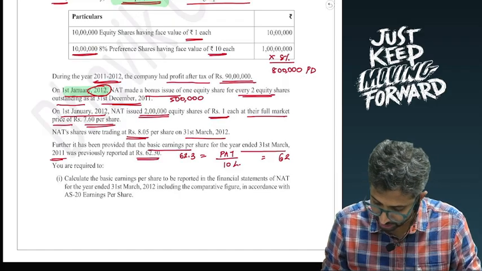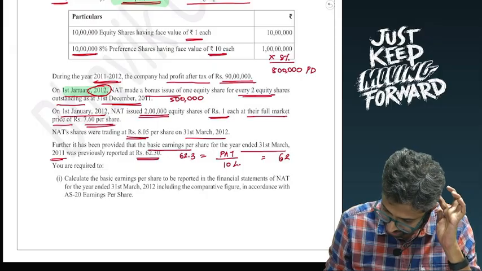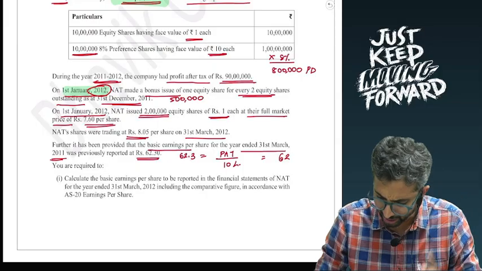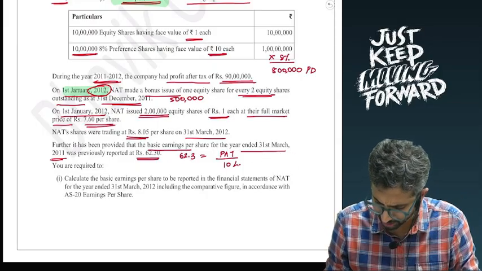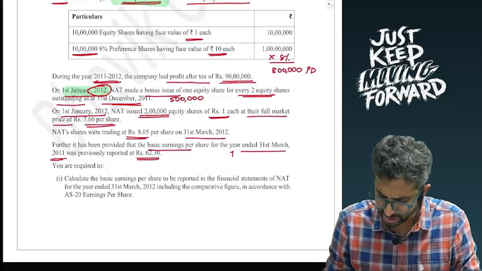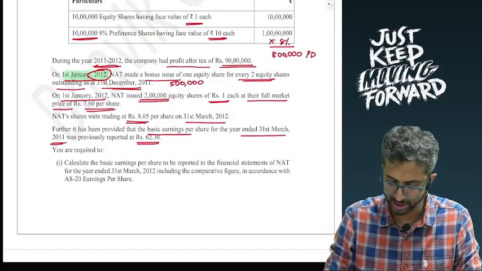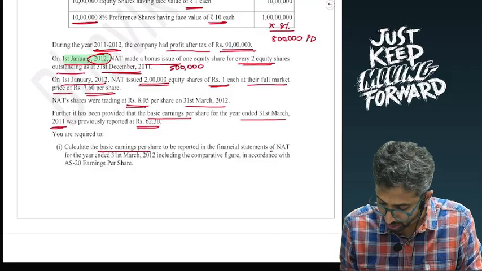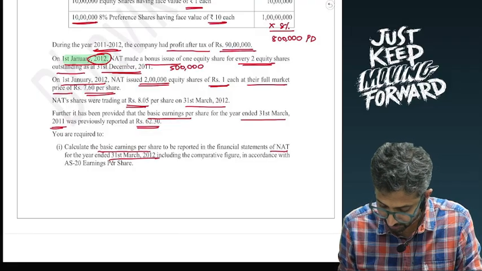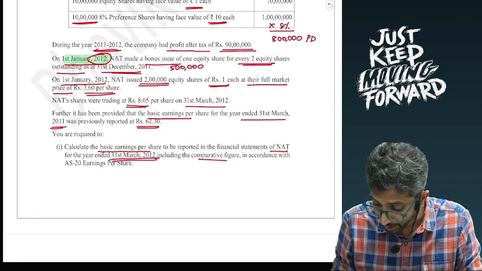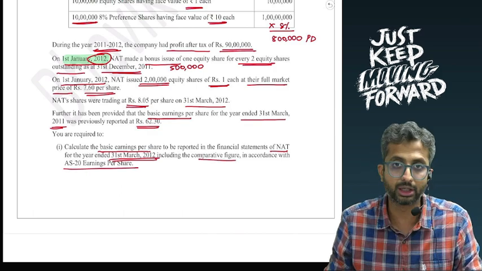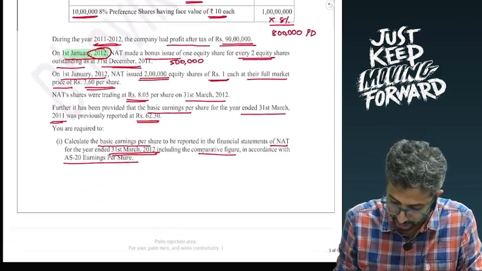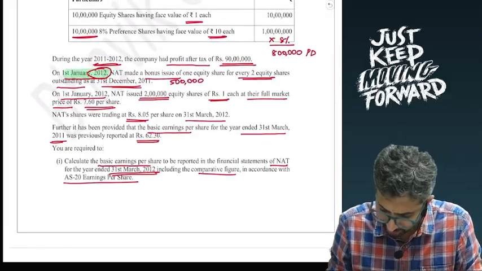Yes. If this is 10 lakhs, I'll have to do some working because there may be some preference dividend as well. But this is your 62.3. Let us say it was previously reported. Calculate the basic EPS to be reported for NAT for the year ended 31st March 12, including comparative figure in accordance with AS 20. So if I had to do this working, I would say that it seems that the